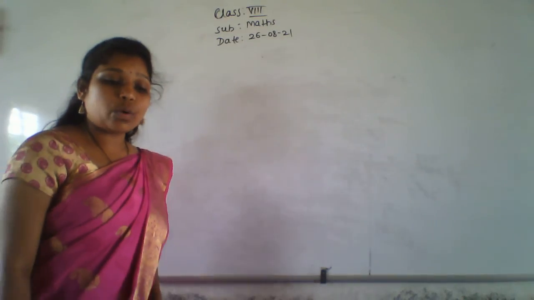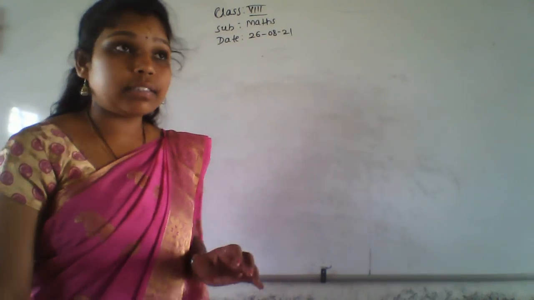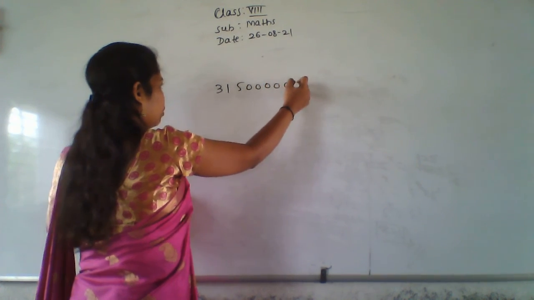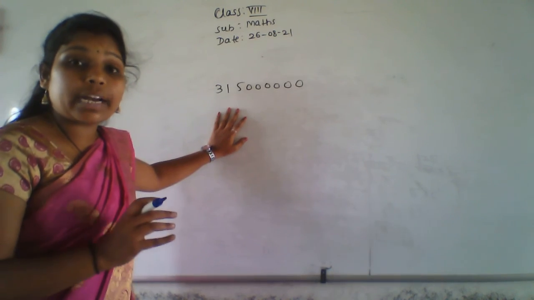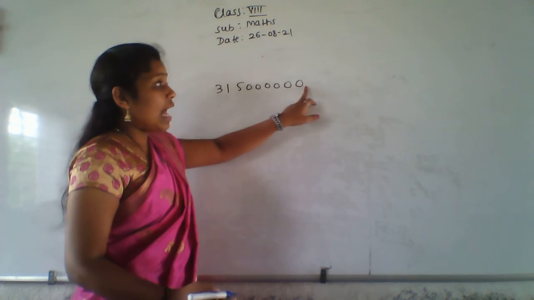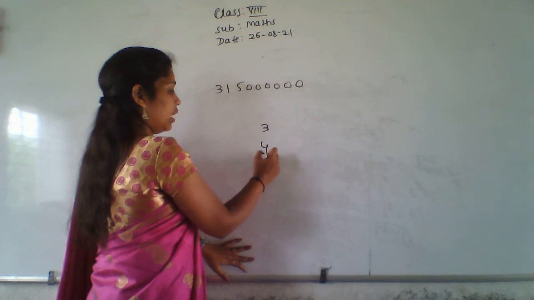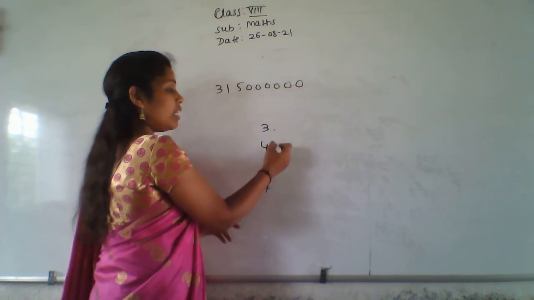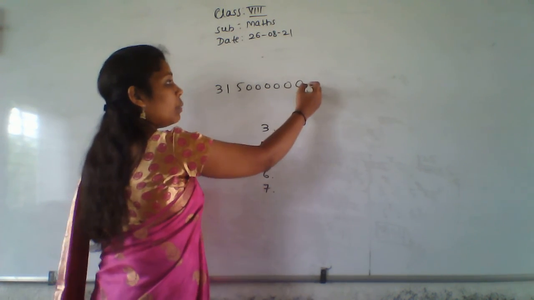Whenever they tell you to write the numbers in a standard form, if the number is like this, 315000000, how do we write the standard form of this number? See here, after the last digit there is always a point. Whatever the number, 34567, after the number there is always a point, but we don't write that point. So here also one point is there.